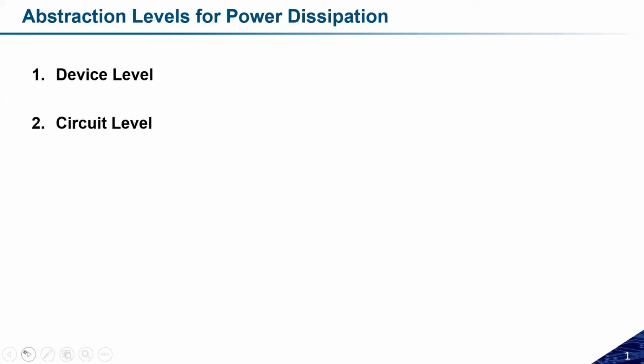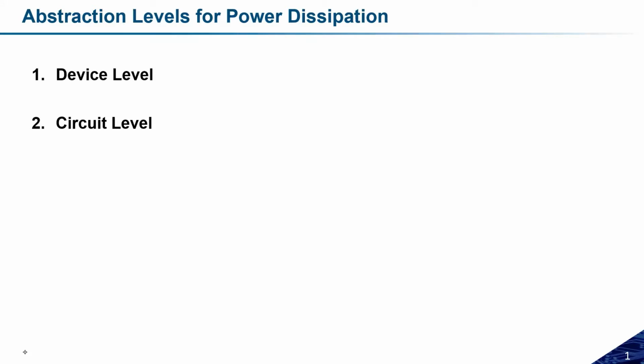If I am talking about circuit level designing, that depends on which kind of logic style we are using. We have studied several different kinds of logic styles, starting from CMOS logic, pseudo logic, pass transistor logic, transmission gate logic, and dynamic logic. These are all different varieties of logic circuits which we have already studied.